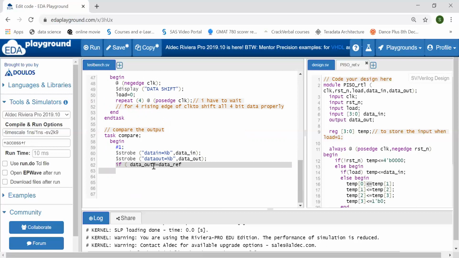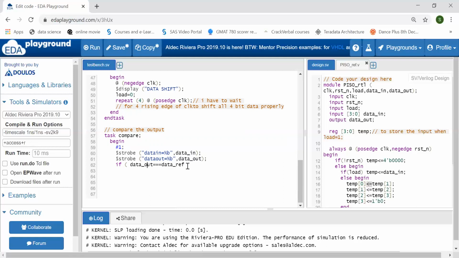And here I should be writing this triple equal to. Why? Because let's say your reset signal is not initialized, so you will be getting your output as X. Okay, so this is not my logical equality, sorry, this is my case equality symbol. Case equality means it can compare X values also. At a time your data out is X or data reference is X, whenever your reset signal is not initialized. So you will be getting both the X values.